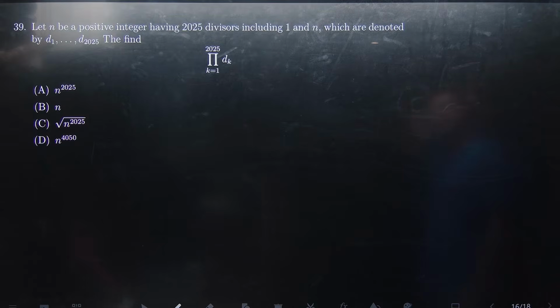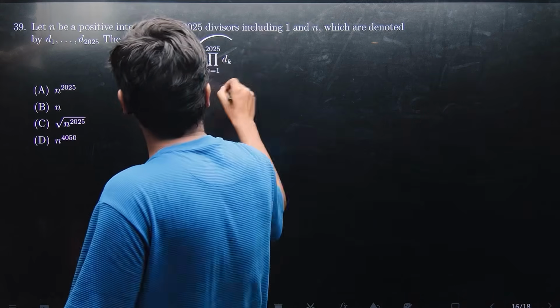Coming to the next one. Let n be a positive integer having 2025 divisors, including 1 and n itself, denoted d1 all the way till d2025. Then find the value of this product. This is a very simple standard result. Remember, for any number n,